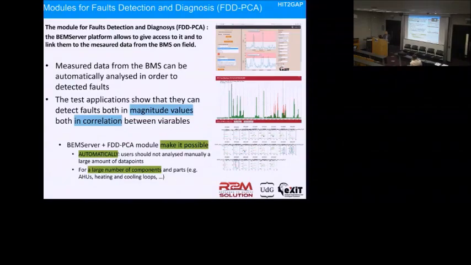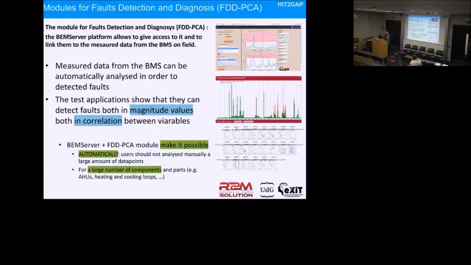So the data from the Cylon database are passed on to the BEMSERVER, and thanks to the BEMSERVER, the data are provided to the fault detection FDD modules or to the ESPR modules and so on. The FDD-PCA module allows detecting automatically